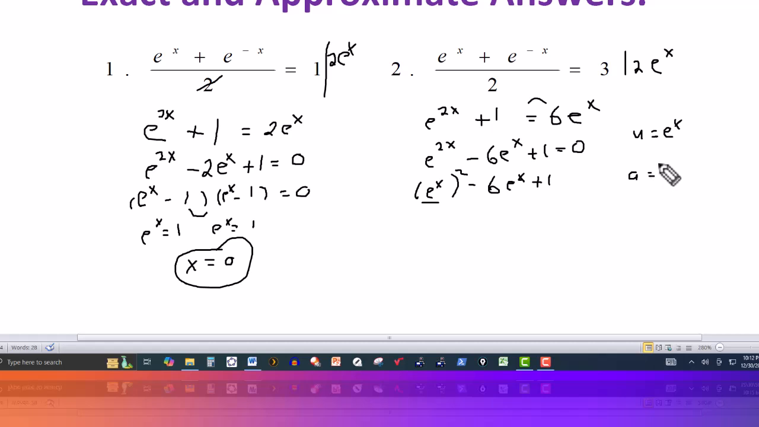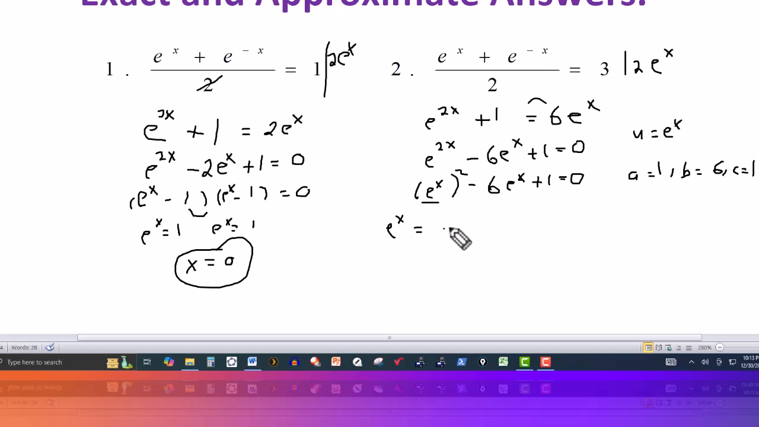We're going to use the quadratic formula because this one doesn't factor, like the first one. And the coefficient of the linear term here is minus 6. So b is equal to minus 6. And then the constant term, c equals 1. So we're going to use the quadratic formula. But the variable here is e to the x, instead of an x or a u. I'm going to have e to the x is equal to,